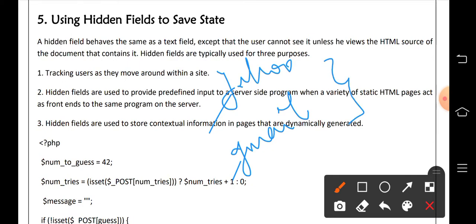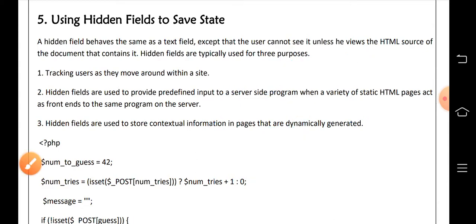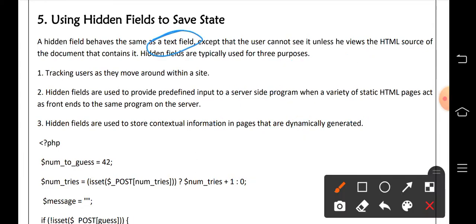That means which user is using that particular site at what time, that has all been recorded by using this hidden field. And this hidden field is the same as a text field, except that the user cannot see it unless he views the HTML source of the document that contains it.